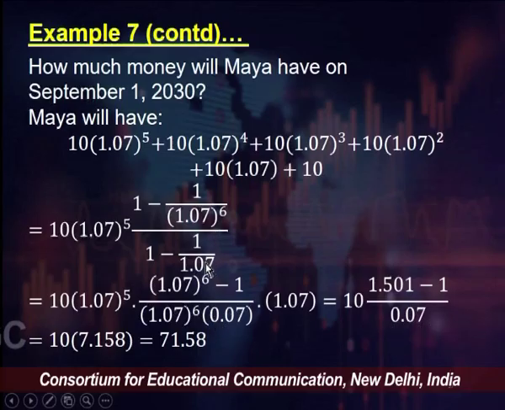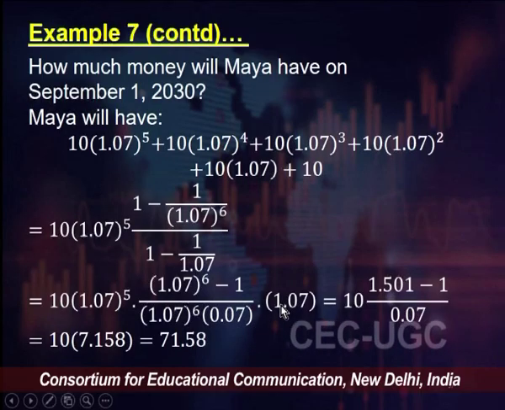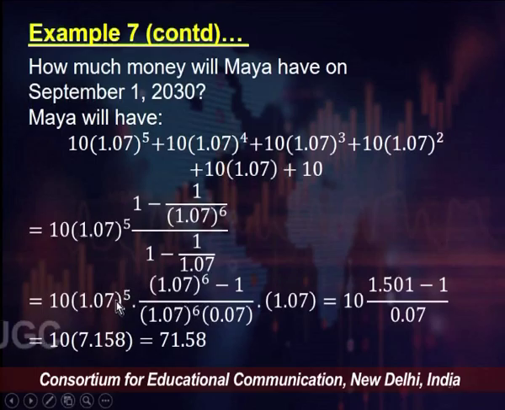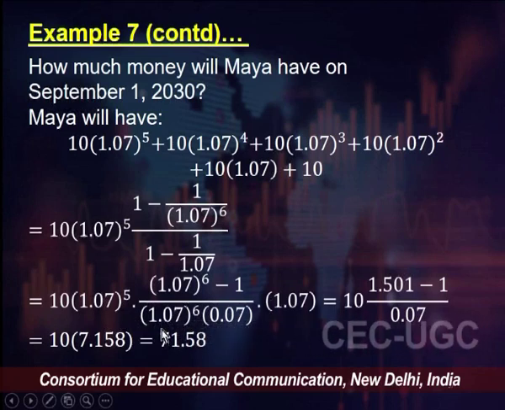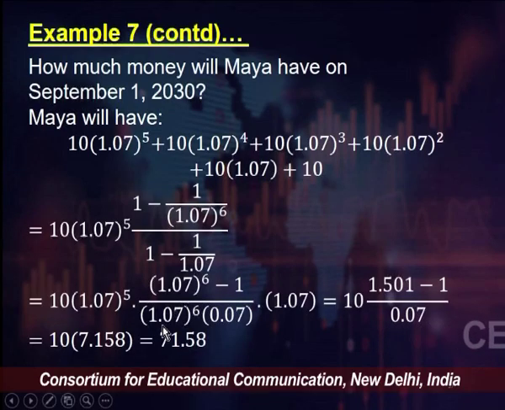When I take the LCM in the denominator, I am going to generate 0.07, and that is going to be divided by 1.07 here. So, you can see all the 1.07s will get cancelled, because in the numerator I have 1.07 to the power 6 and also in the denominator, so that will cancel out, and I am left with 10 times